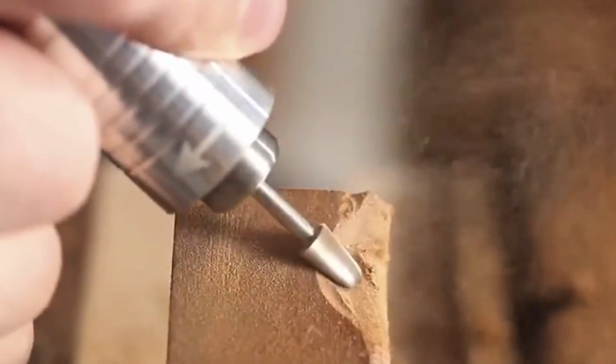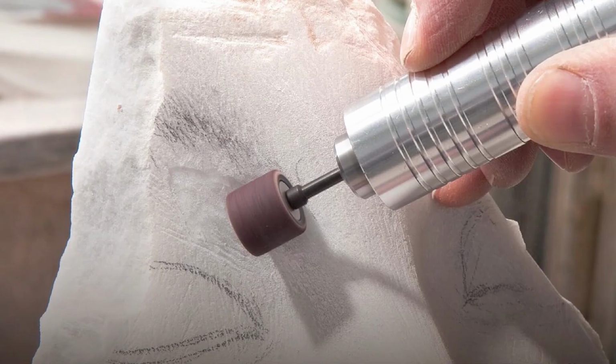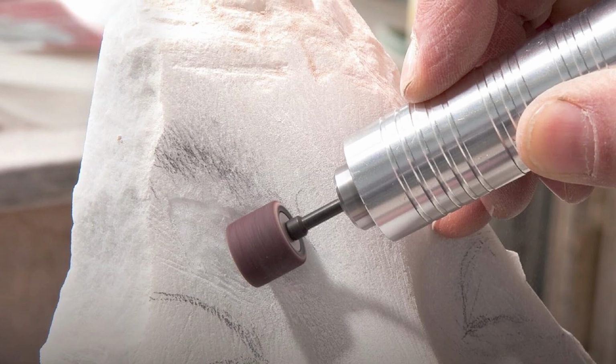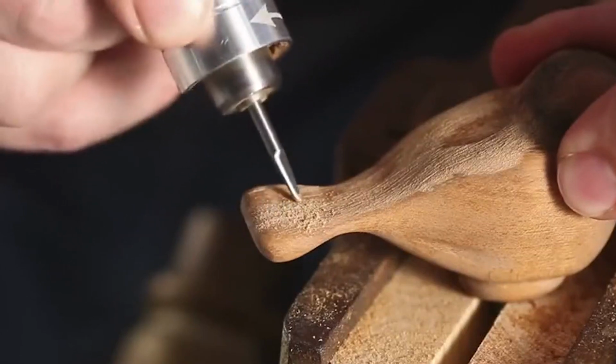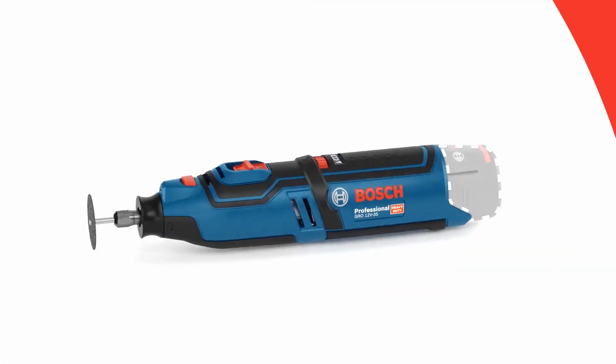It also comes with 21 Dremel accessories, covering everything from polishing to cutting. The build quality is solid, and the bearing system keeps operation smooth and cool even during long sessions. It's not the fastest Dremel tool, but for jewelers, engravers, and precision woodworkers, it's one of the most versatile and easy-to-control options out there. Bosch's GRO